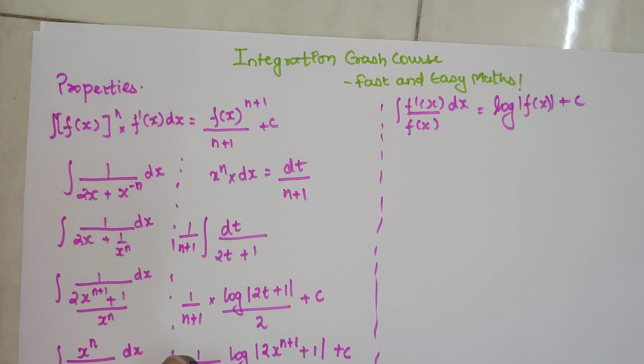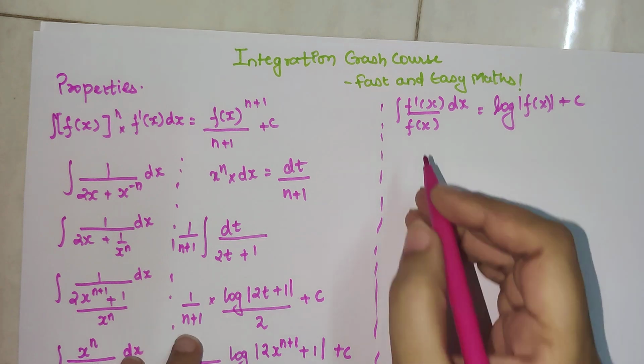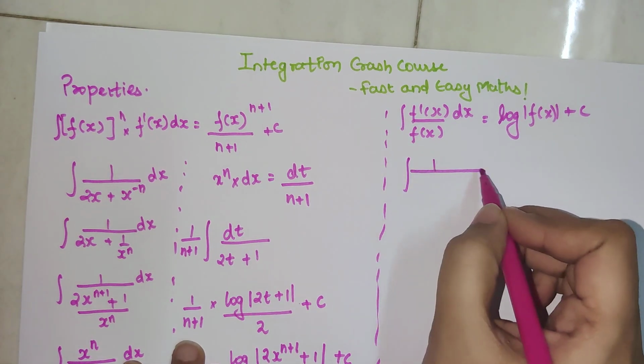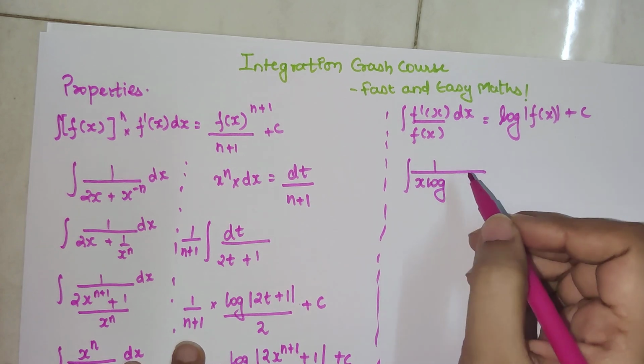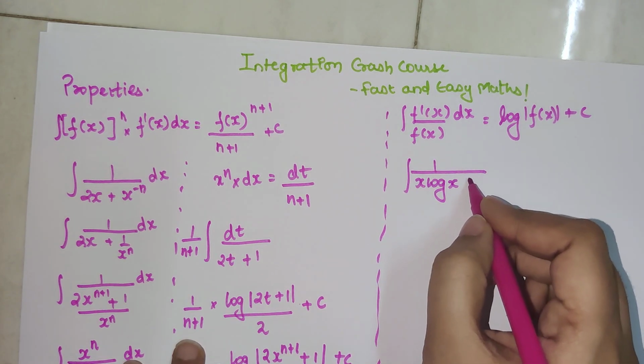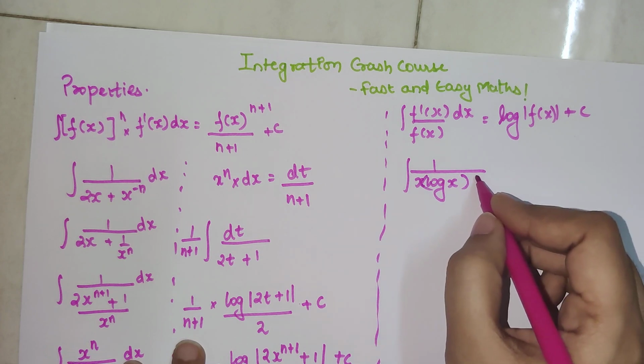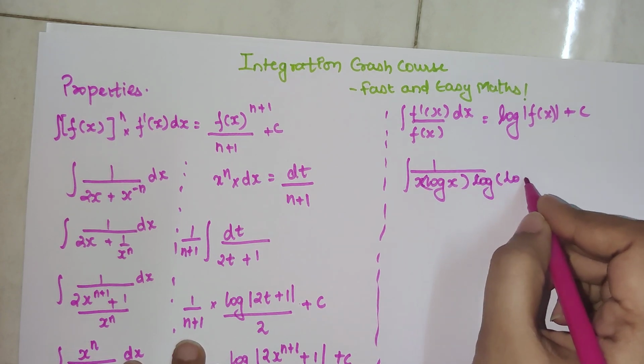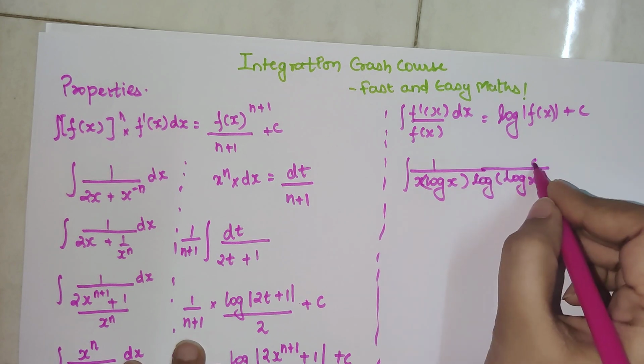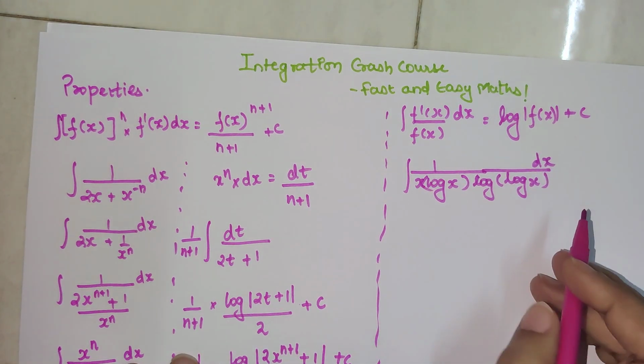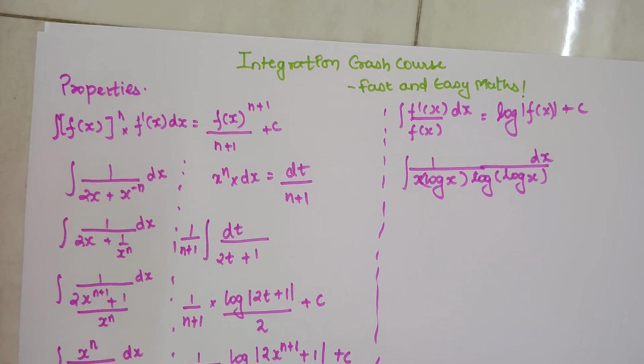Okay. So now let's understand this particular property with the help of a question. So this question is x into log x, multiplied by log of log x. Looks quite tricky, right? But trust me, the answer is so simple. All you have to do is, see, there are a lot of students who do not understand how to use substitution or what terms to substitute. Okay. So for those students, I can tell you that you should always try to substitute a term which looks a bit trickier. Okay.